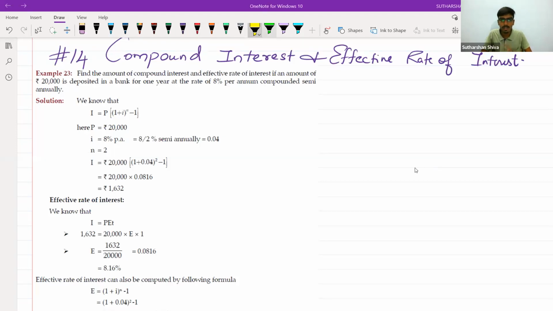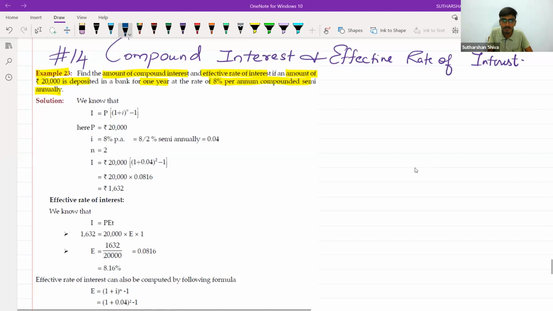Now we are in the compound interest and effective rate of interest problem. We'll just listen to the question. Example 23 in the CMA material: find the amount of compound interest and effective rate of interest if an amount of 20,000 is deposited in a bank for 1 year at a rate of 8% per annum compounded